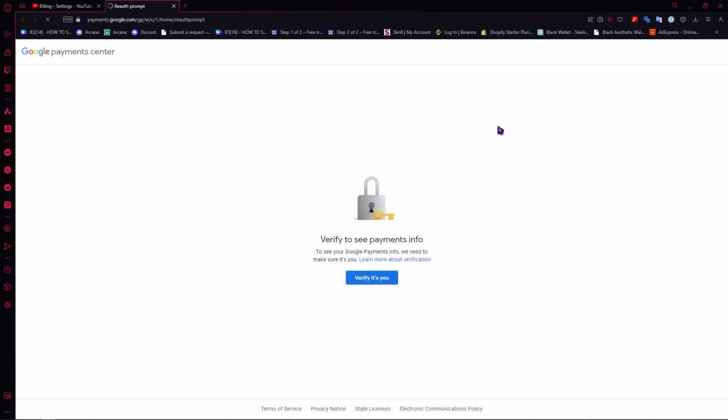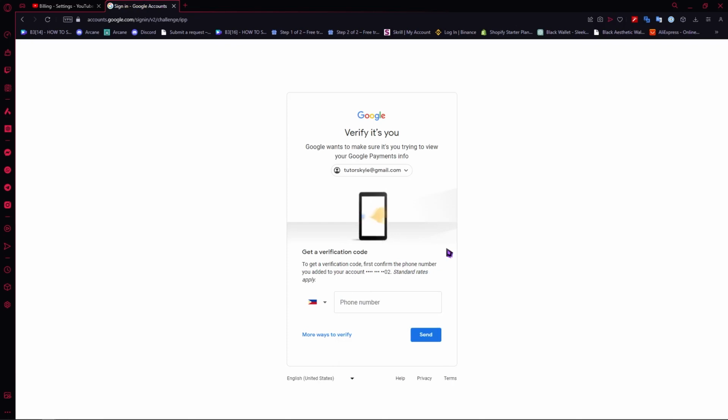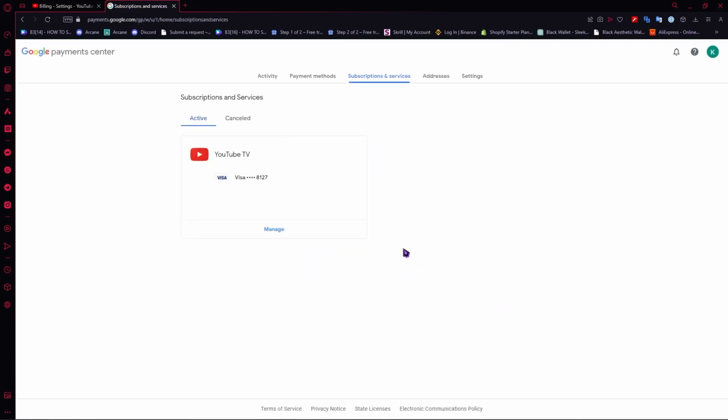Since we're gonna be updating our billing, changing your payment methods right here, click on verify right here. You would need to verify your account first before you can change anything right here. Alright, so now once you have successfully verified your identity right there, now you can go and manage your subscriptions,